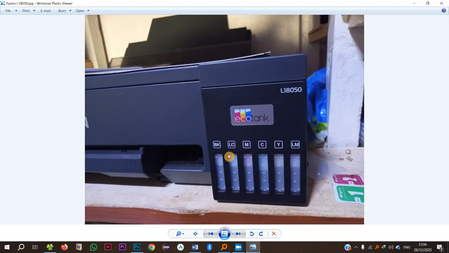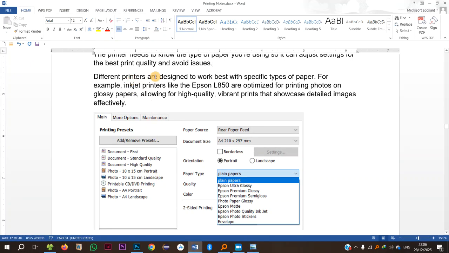So now hizi Epson printers, tumesema different printers are designed to work best with specific types of paper. So hizi Epson printers are optimized for printing photos on glossy papers, allowing for high quality, so picha itakayotoka ni high quality, vibrant prints that showcase detailed images effectively. So wacha tuangalie,